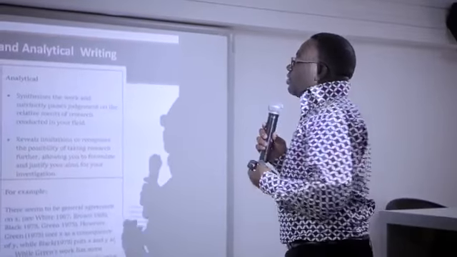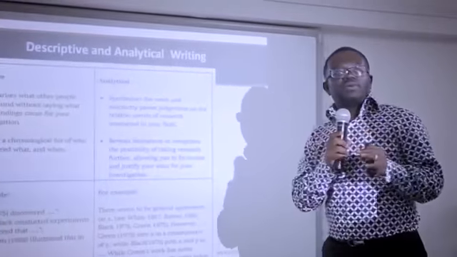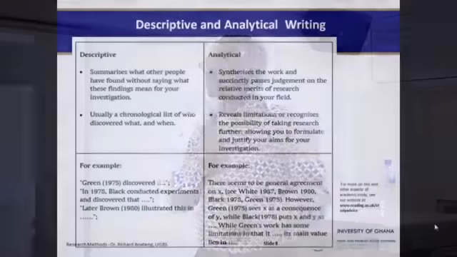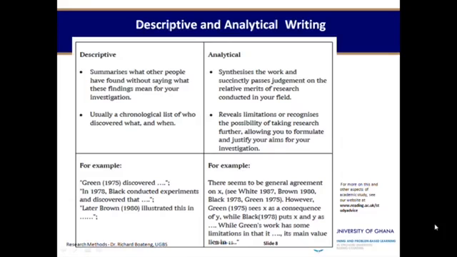Good. Now, one thing I want to differentiate in writing is the fact that there are different ways in which we express ourselves in every literature write-up. You can write in a descriptive way, or you can write in an analytical way. A descriptive writing usually summarizes what other people have found without saying what these findings mean for our investigation or our research. So we can just go on and just say that research on corruption in Africa has been done from different perspectives. This and this did it in South Africa, where they found that the church plays a key role in